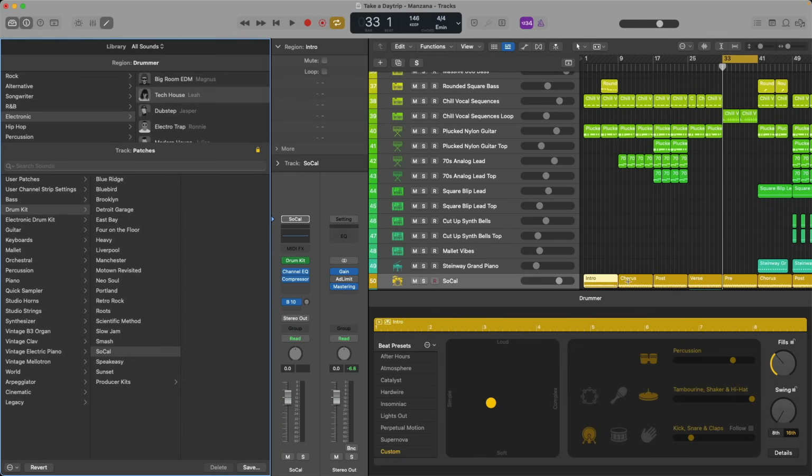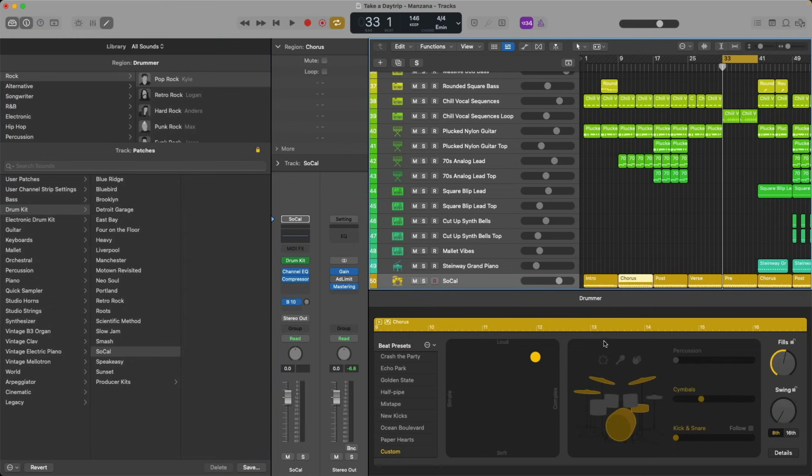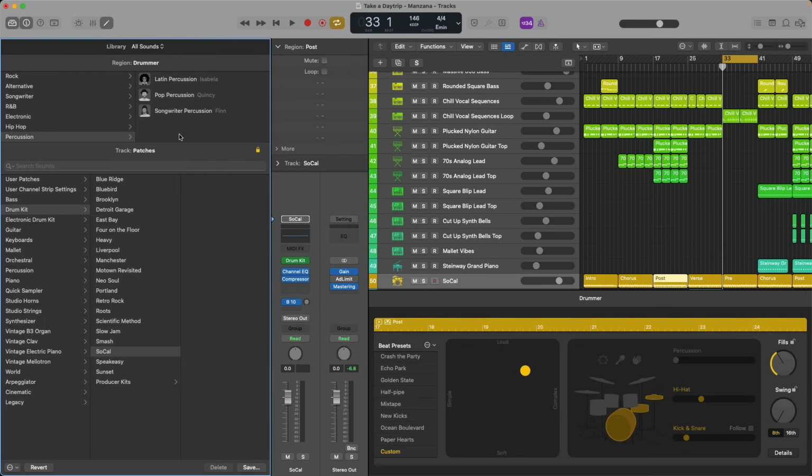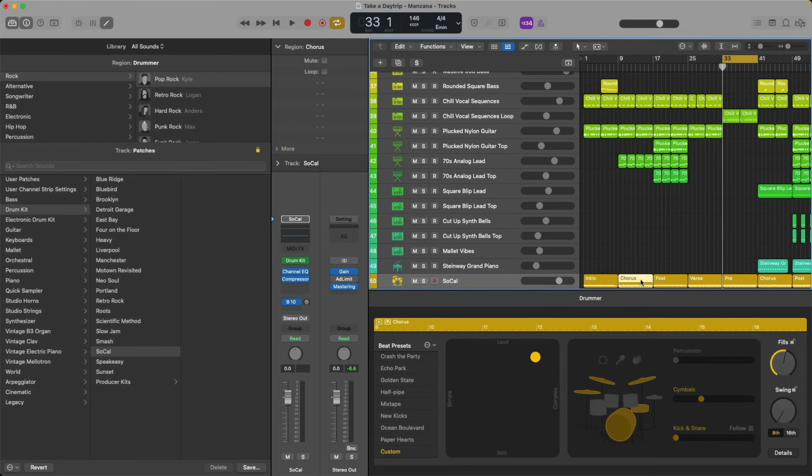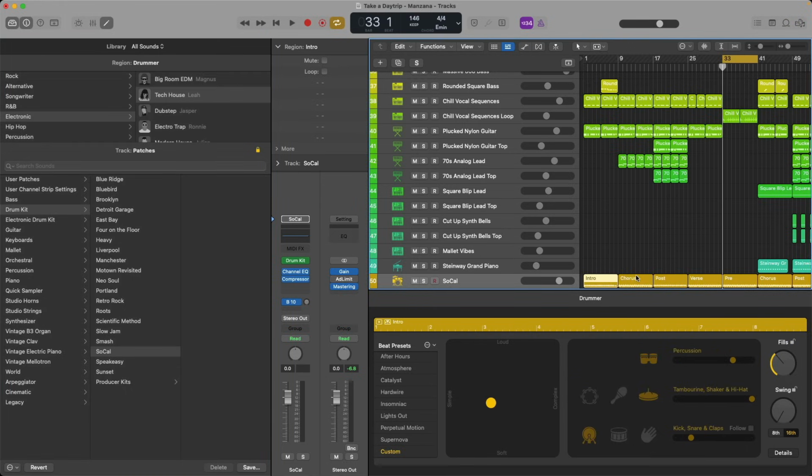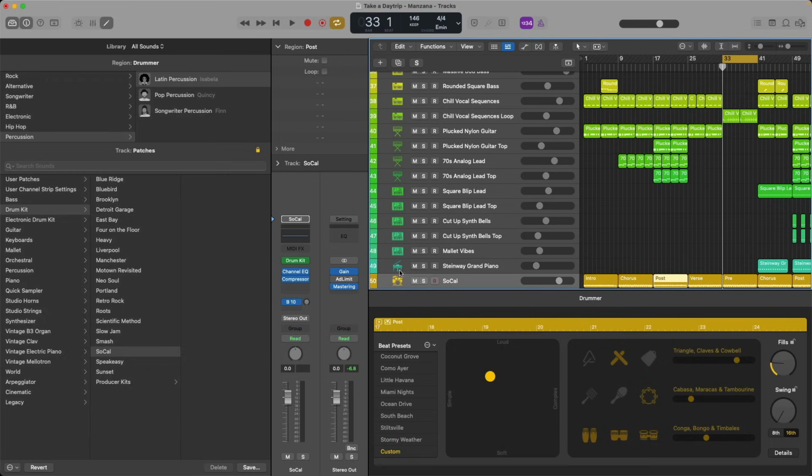If I select the second drummer region, we can see, hey, this drummer editor has been updated to support Kyle's drumming type. And if I select the third region, go to percussion and select maybe Latin percussion, check it out, the editor has been updated once again. So if I select each region, we can see the editor update. And if we take a listen to each,